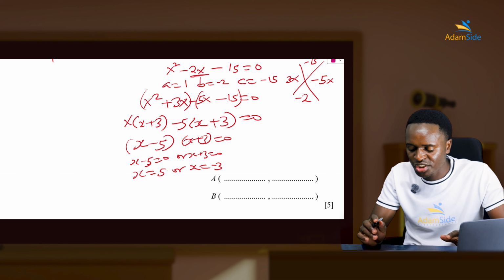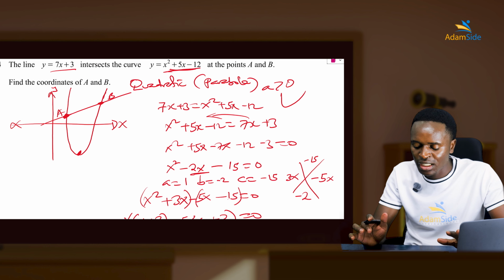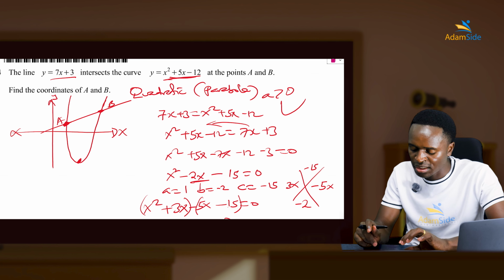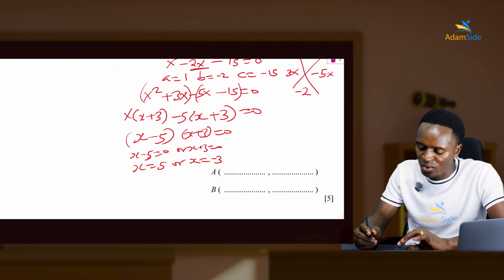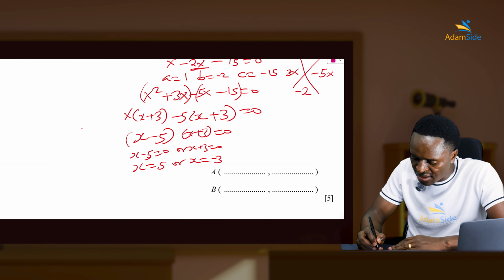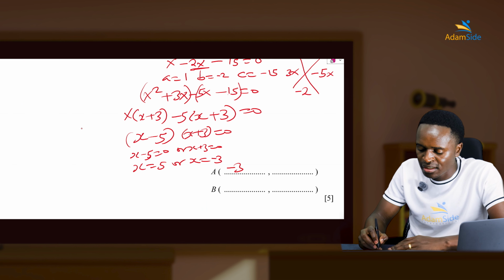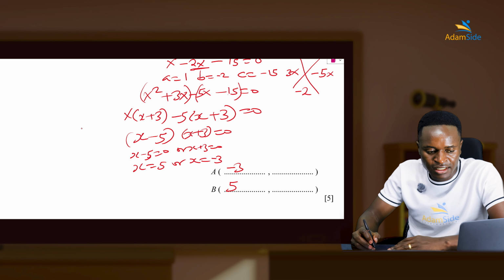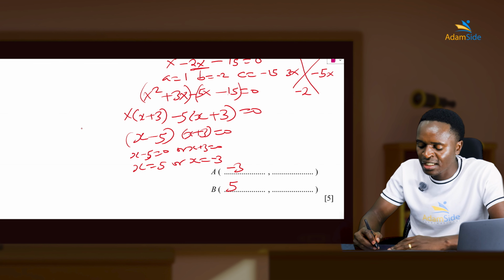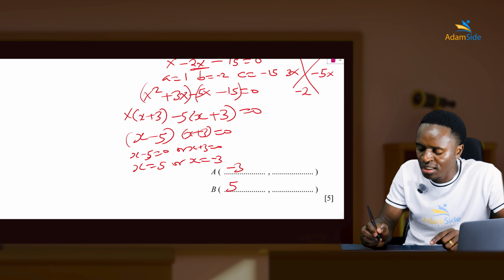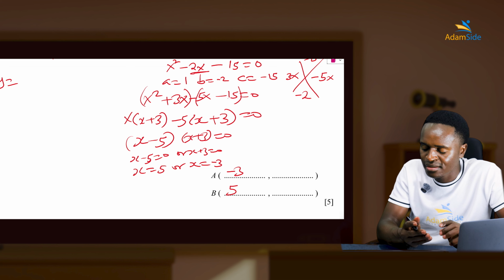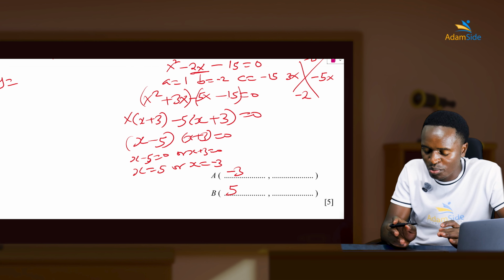Now we go back to the question. We are finding the coordinates of A and B. So A is at x of negative 3, and B is at x of 5. Apply negative 3 into the main function to find the value of y. You can use the line, or you can use the quadratic equation. You go there on top, y is equal to